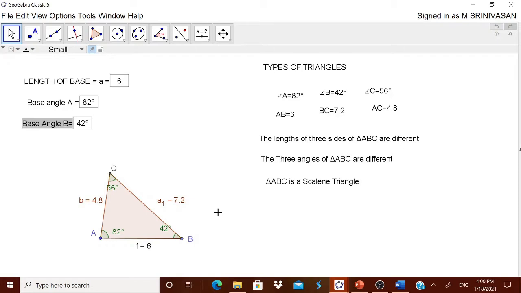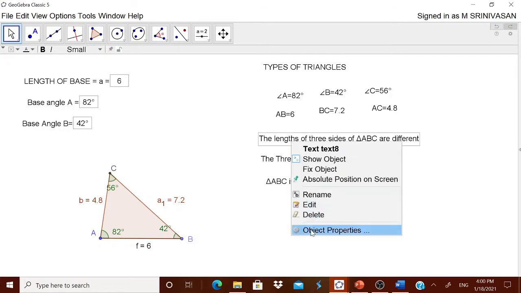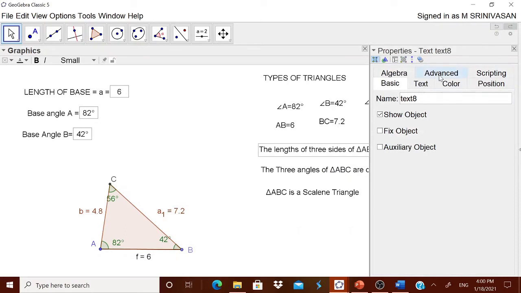Well, now for this particular entry I have this scalene triangle, where the 3 angles are different. I want these 3 statements to be reflected only when all the 3 angles are different and all the lengths of the lines are different. For that, after it is typed, right click it, go to object properties, go to advanced.